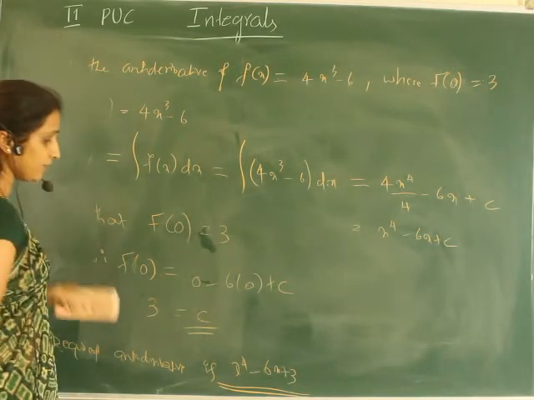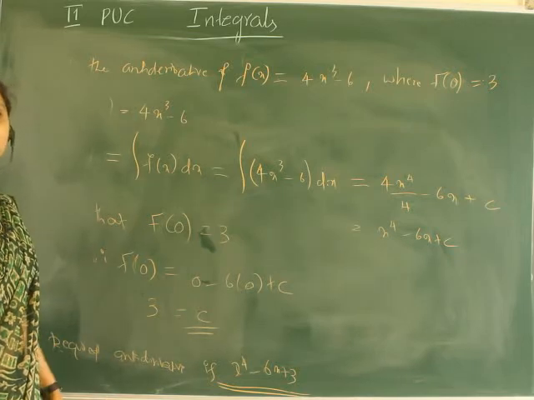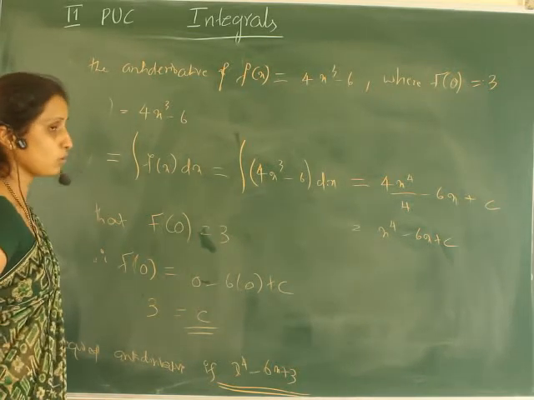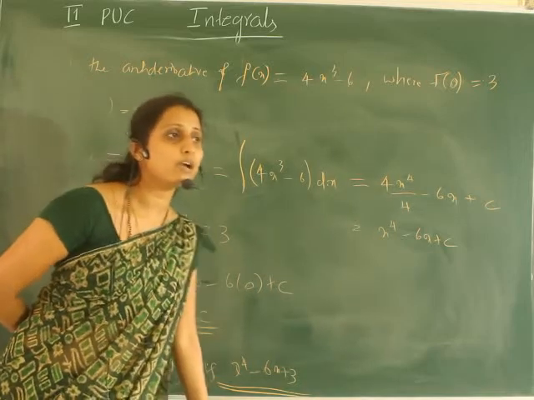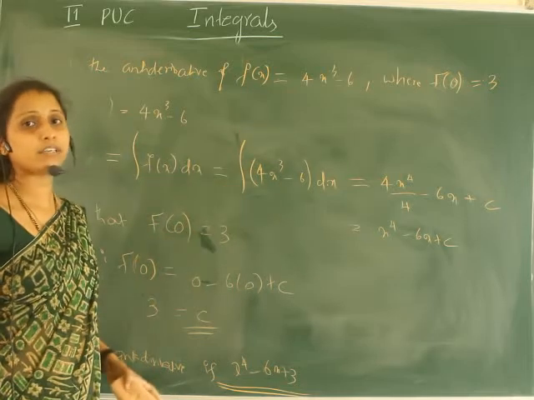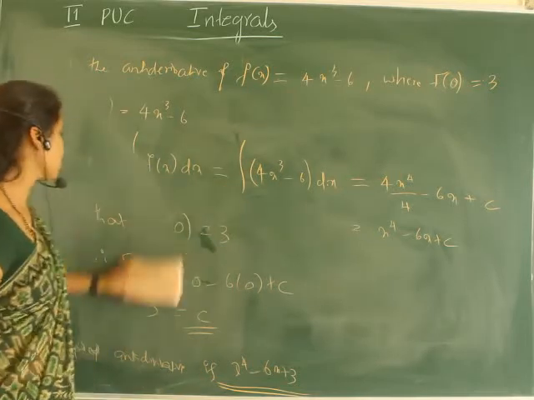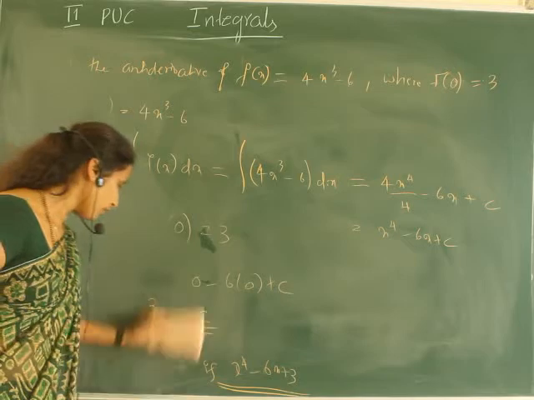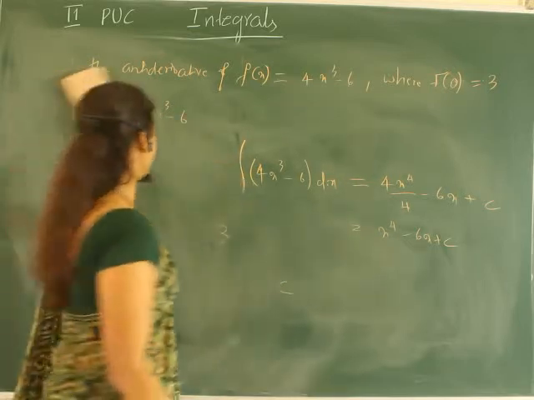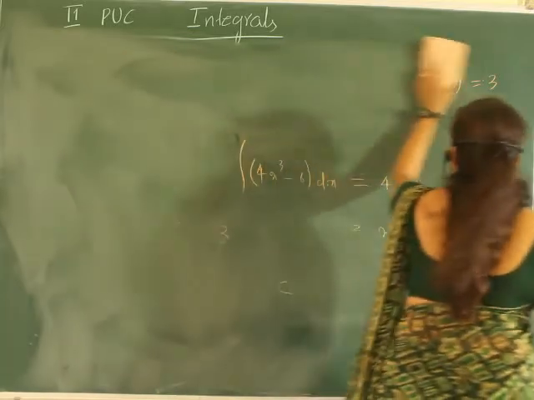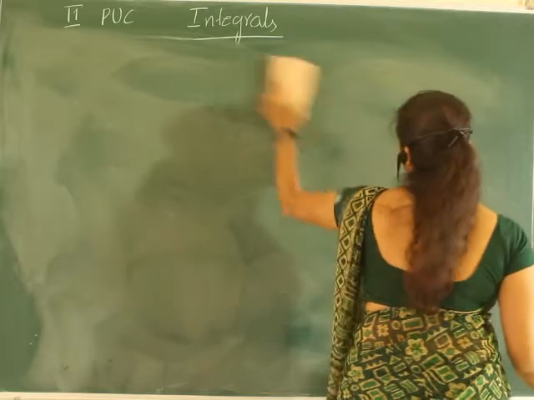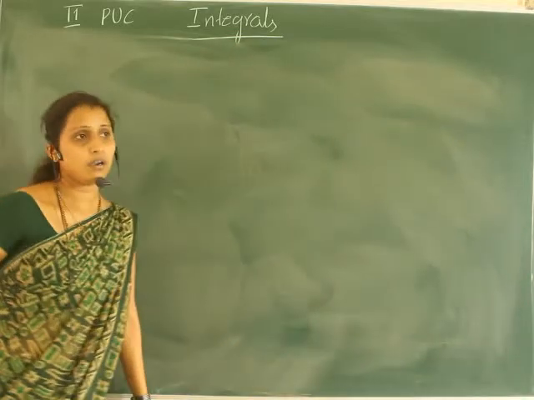So when we write plus c, or if we get the value of c, what does that show? The equation has only how many solutions? Only one solution or one integral value. Otherwise, plus c can take any number of values. When the value is given, we can write only one solution or one integral value for the given function. Now we have calculated derivatives and integrals. We know how to calculate derivatives, and we have also calculated integral values for many functions.